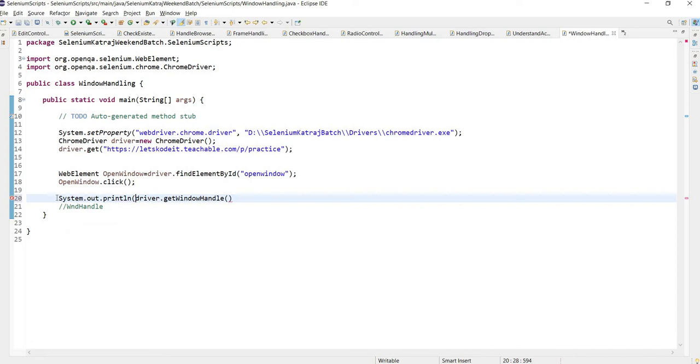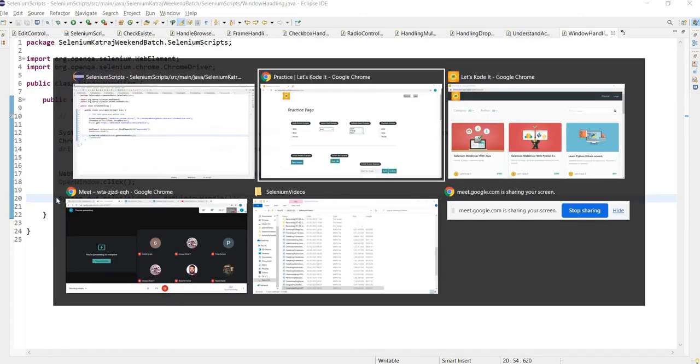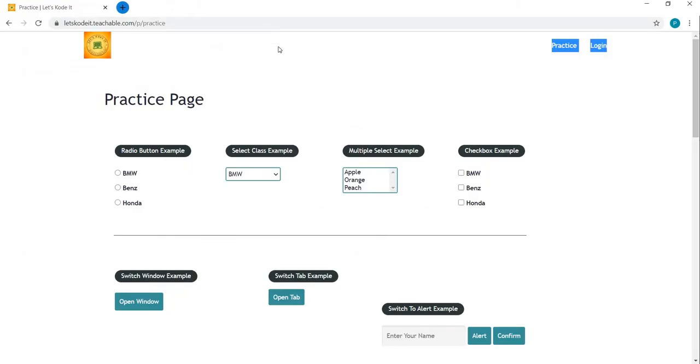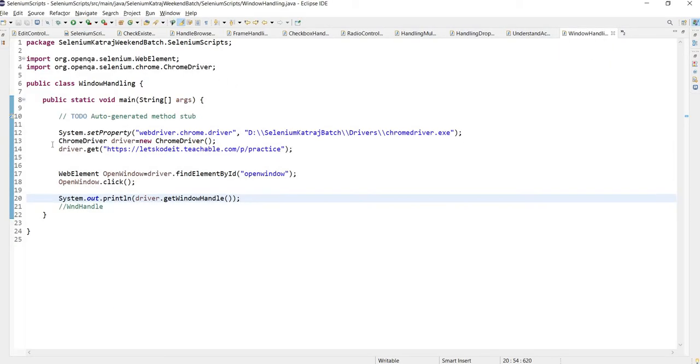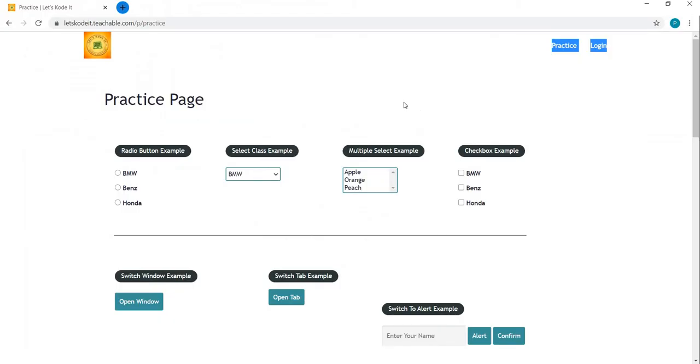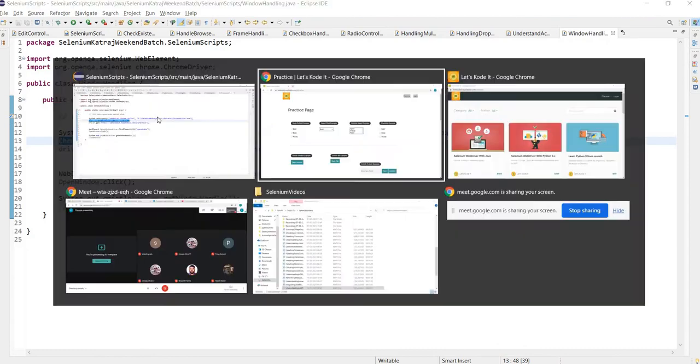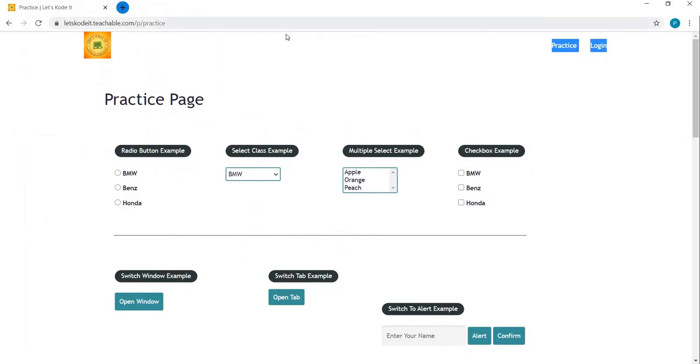It is not returning me the WND handle of the newly opened window. Current window means the window which the driver is working on. And which window does the driver work on by default? The one which it starts as a part of the session establishment, right? So this is the window which the driver has started.